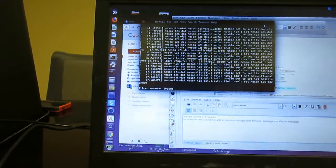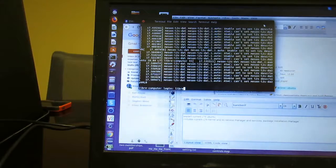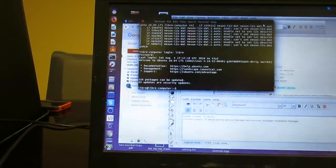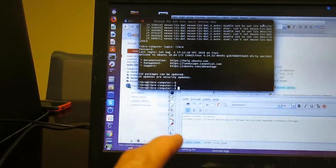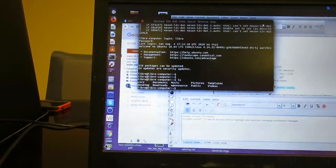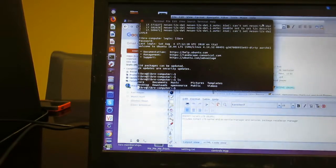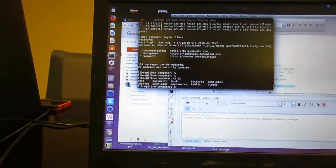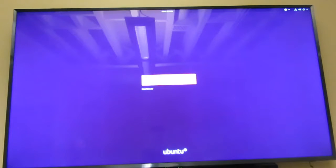Once at the login prompt, we can actually log into the computer. A full console is provided, one of 3 different consoles that you can get to on the Ubuntu operating system. We are running Ubuntu 18.04 long-term support version. This is based on the Linux 4.14 long-term support mainline kernel. This is the login prompt,